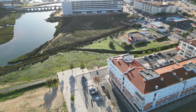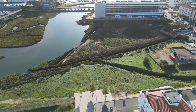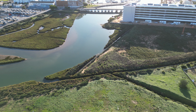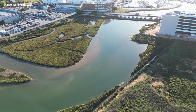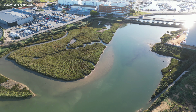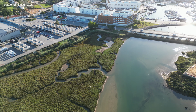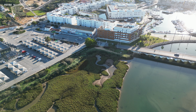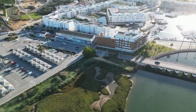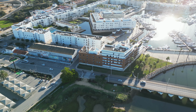Well, after your long early morning walk, you can go and pick up some goods at the Pingo Doce, which is just coming into view on the left-hand side here. You can see those awnings in the parking area. That's Pingo Doce. It's one of many supermarkets around Lagos. It's well stocked, with Aldi, Continente, the whole deal. You can get whatever you want. There's actually a really nice pet shop here, Tiendanimal, and they're all over the Algarve. I think there's like 3 or 4 that I've seen. I'm not sure exactly how many, but if you do have a pet, you can get all you need for pets over there. And as we're flying over the marina now, you can see